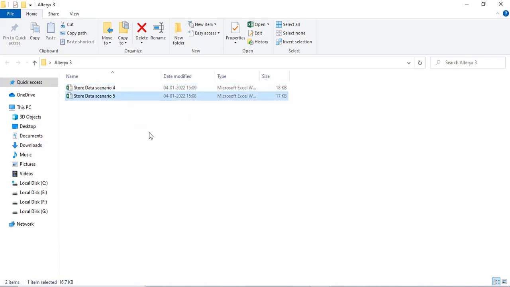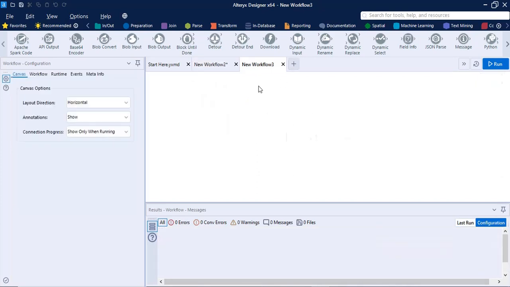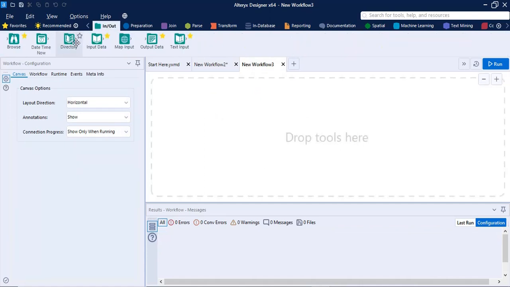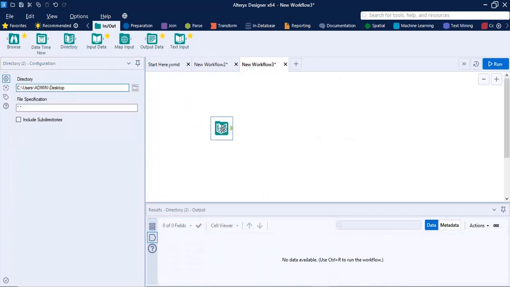Sometimes we get more Excel files as well. At that time we need to load the data by using enumerators, like the XLSX enumerator. For that we need to create another workflow by using the Directory transformation.